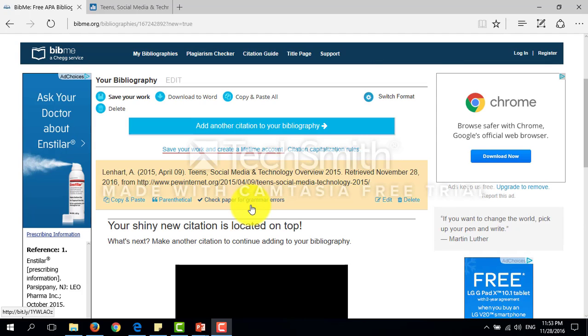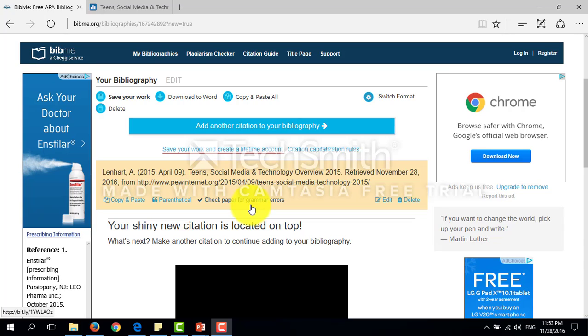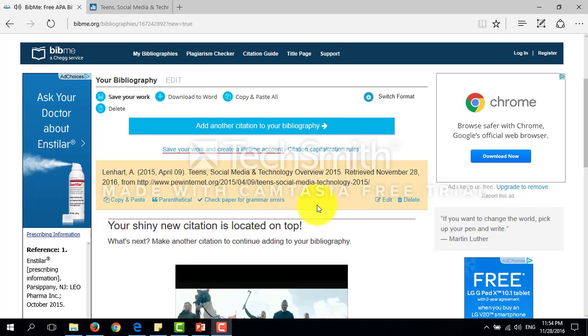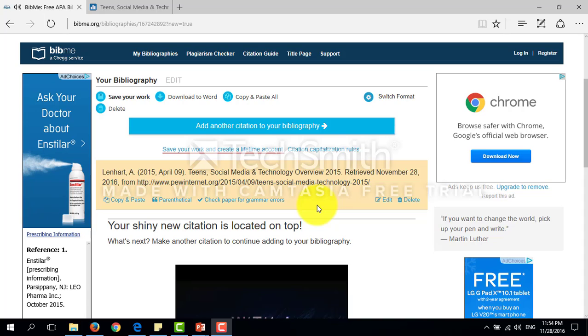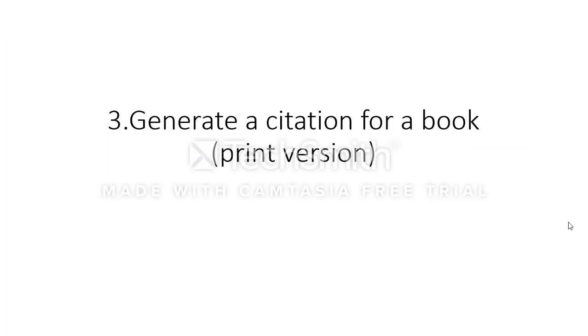We can see that the first citation has been successfully generated. Also, in the former step, if everything is correct and complete, you don't have to add anything, and then you can just click on create citation, and then we can go to the same page like this one. After finishing the second step, generate a citation for a website, we can go to the third step,